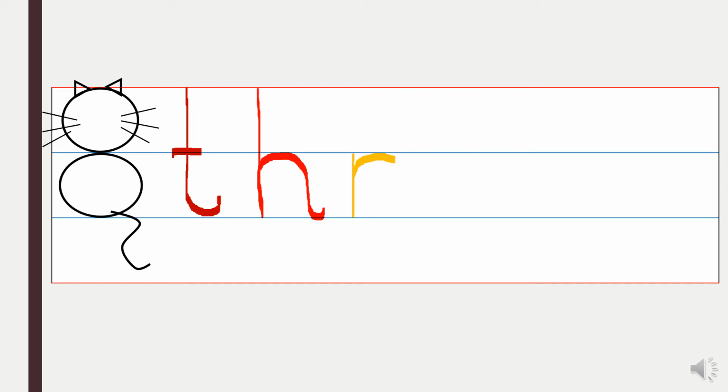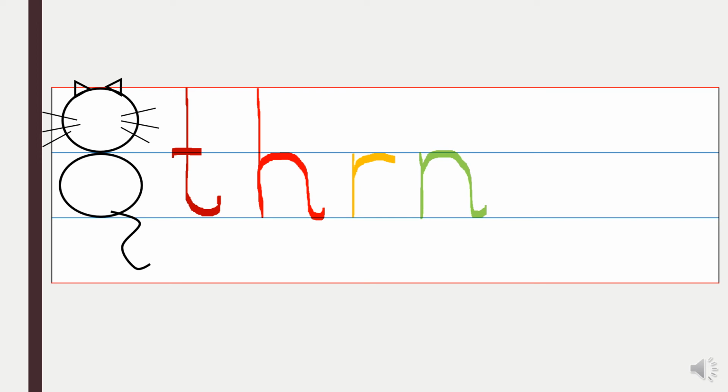Now the next letter we're going to see is the letter N. It starts off the same way the letter R starts off. It starts with the blue line, coming down, then come up along the same line and give a downward curve and a small curve upward. So that is the letter N. Again, it's only a body letter.